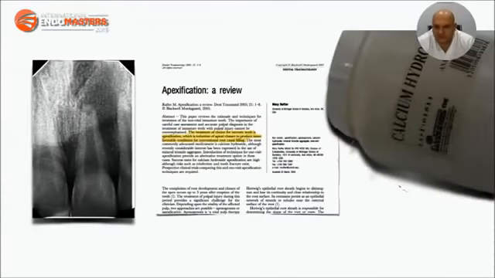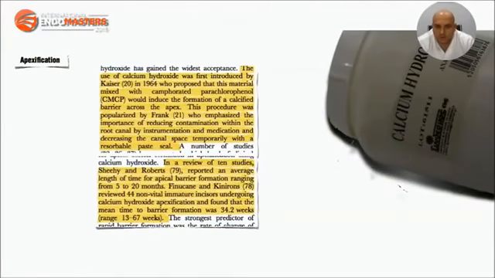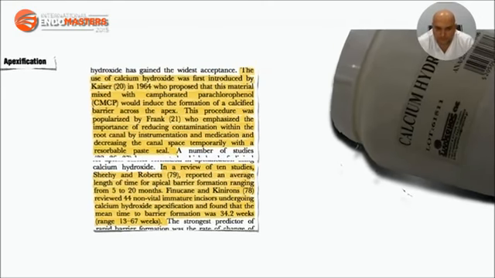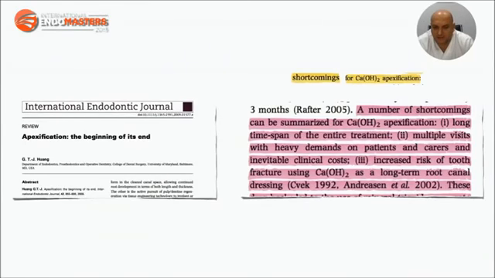For over 30 years, cases like this were approached with apexification procedures. The goal of apexification, as proposed by Kaiser and popularized by Frank, was to induce a hard tissue apical closure of the necrotic immature root by reducing contamination within the root canal system by instrumentation and long-term medication with calcium hydroxide. And although successful enough, apexification procedures